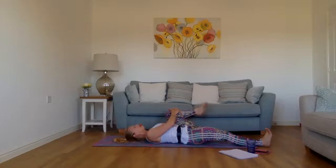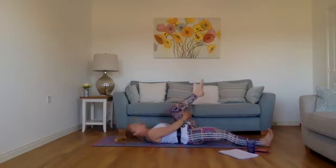And then start to circle your left ankle around one way. And take it back in the opposite direction. And let's flex and point. Flexing and pointing. Last flex, last point. Take the hands behind your left thigh now, interlace the fingers or lay the hands,